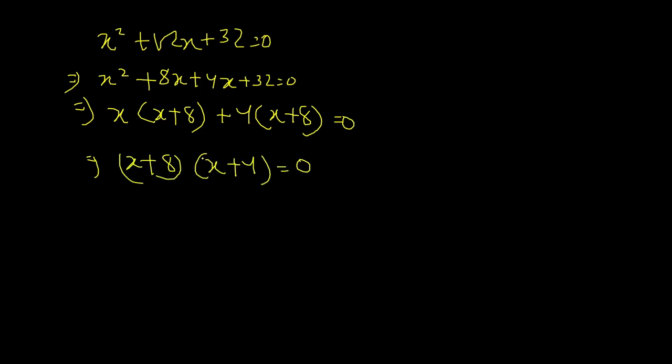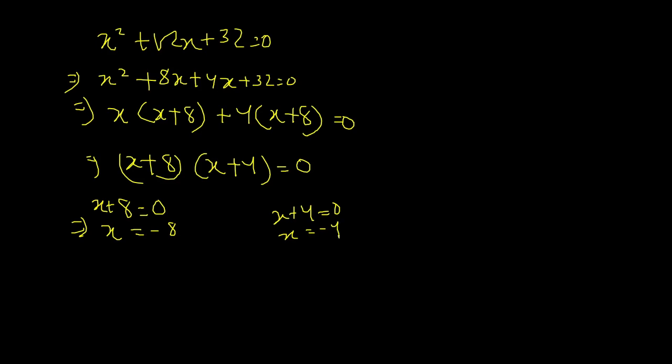Okay, now what we can do is try writing this equal to 0 or this equal to 0, because if this thing is equal to 0, then we can multiply that 0 with this one, then obviously this whole thing will become 0. Left hand side equals right hand side easily, so that's what we're going to do here. So for that, x will have to be either minus 8 or minus 4,